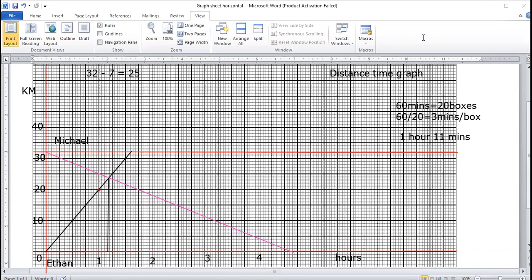Now, in the next part, the C part, they are asking for the time when the two of them are 5 kilometers apart. So what will I do over here? When we say 5 kilometers apart, you can see that in this line, 5 small boxes means 5 kilometers. Okay, 5 small boxes means 5 kilometers. Over here, this is also 5 kilometers.